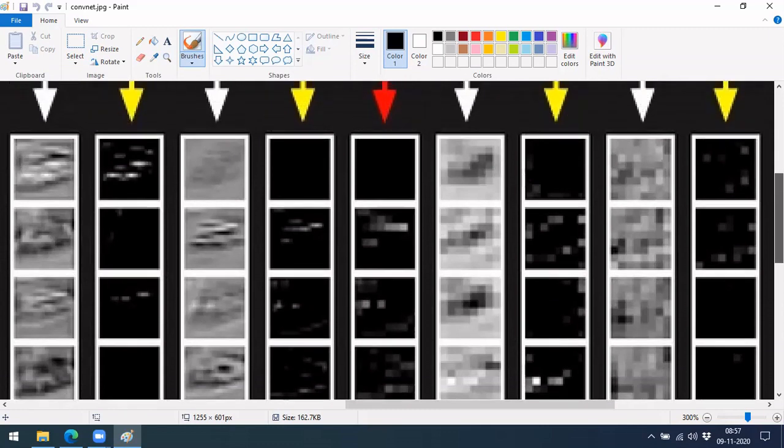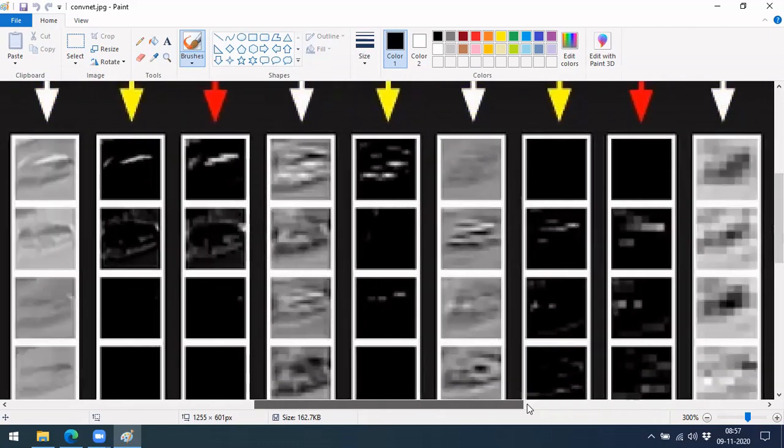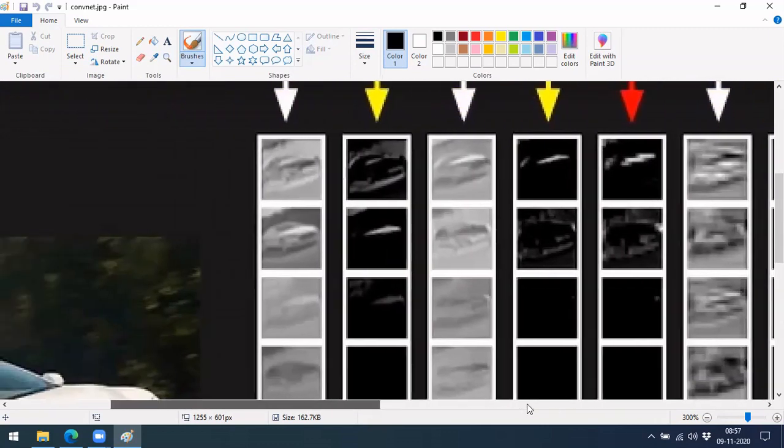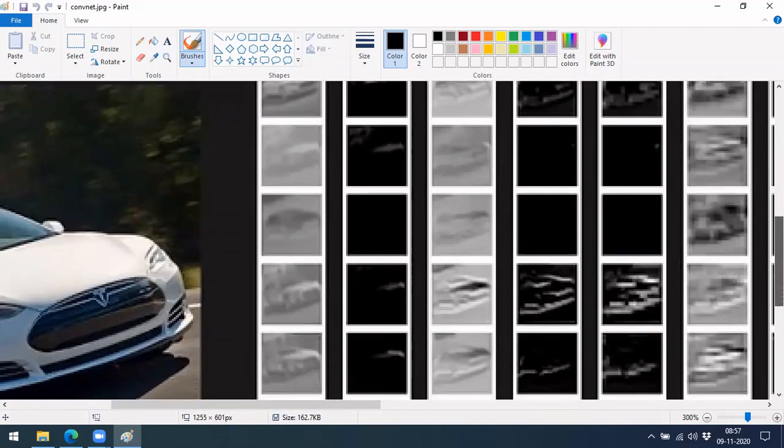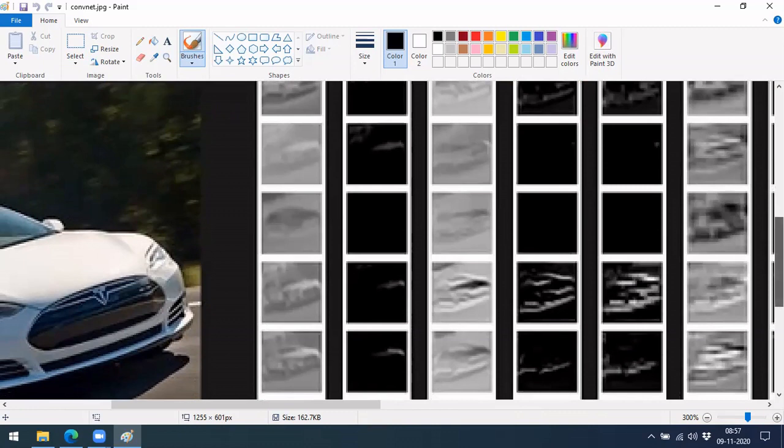Not just images, you can also give time series signals, right? If you pass it like this, one will try to find out if there is any spike. One will try to find out if it is flat. One will try to find out if there is oscillation, like a curve going on. I am just generalizing here.